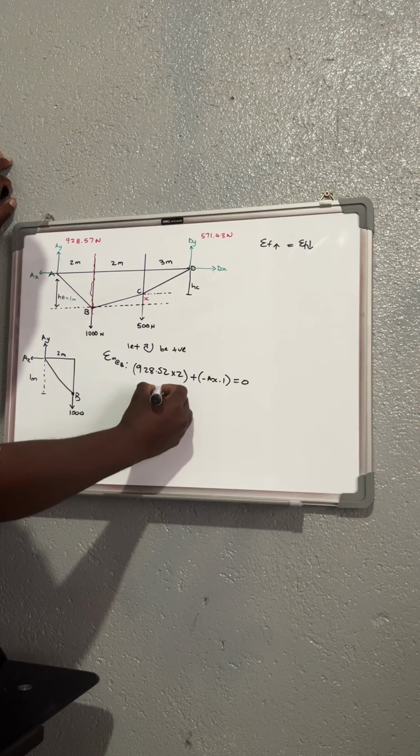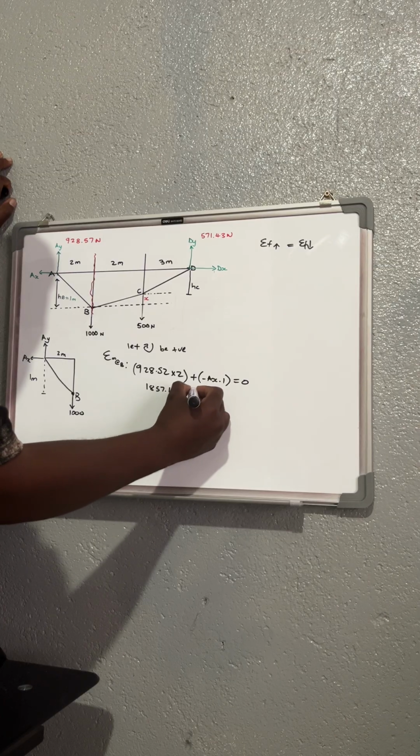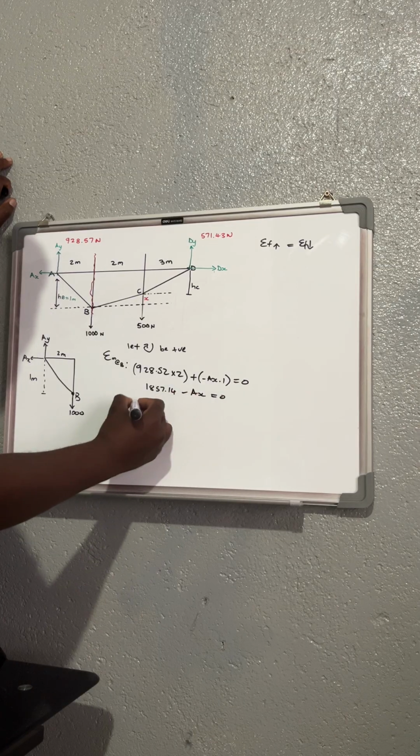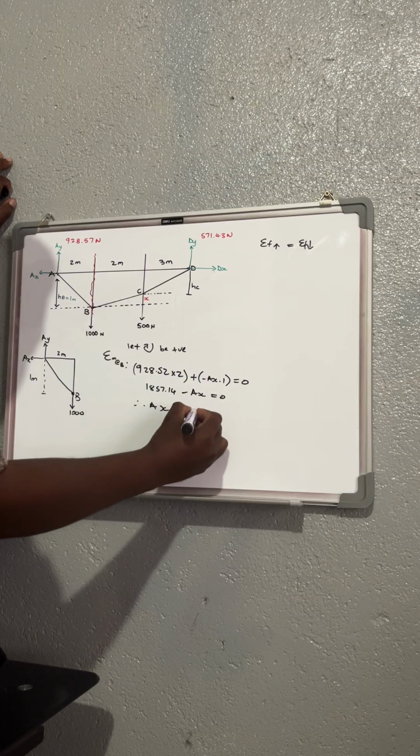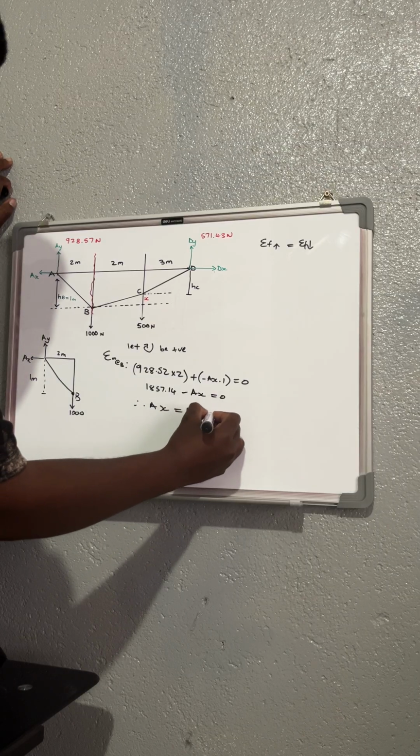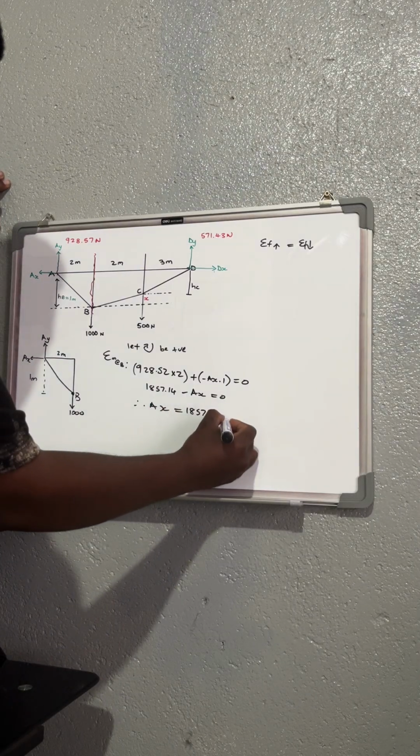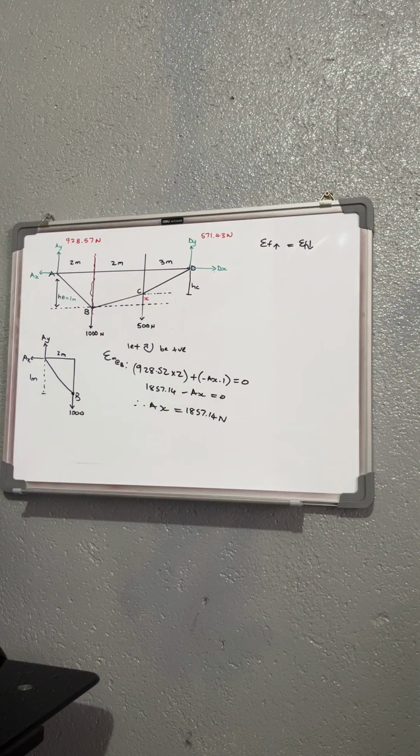See, so this is the same as 1857.14. You have 1857.14 minus your ax is equals to 0. Therefore, you know your ax will be 1857.14 Newton. Then it means we can go and write it this side that we have our 1857.14 Newton. So we found that one, and if we found that one, you do see that AX and DX